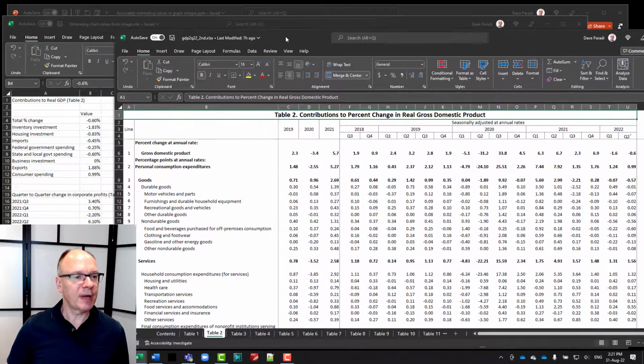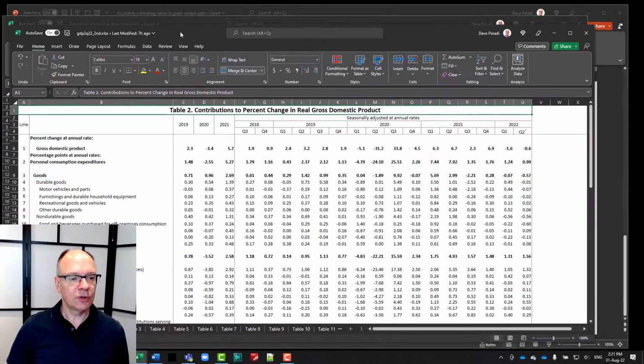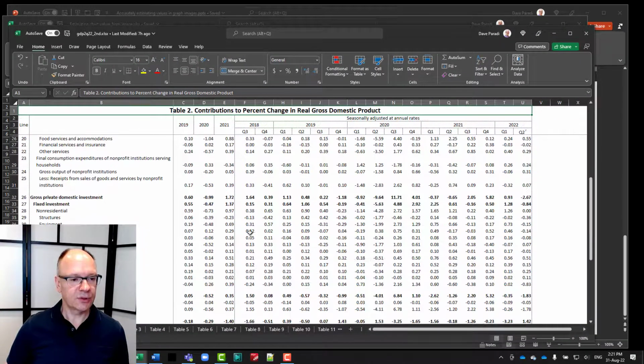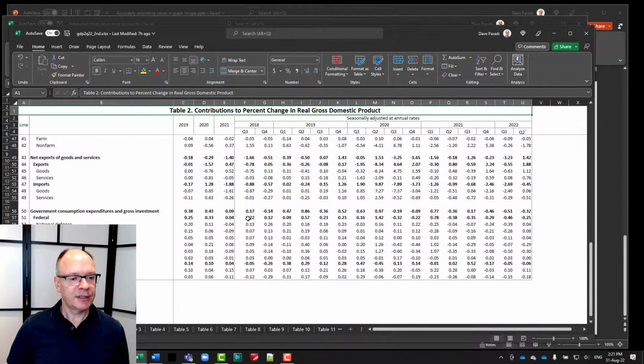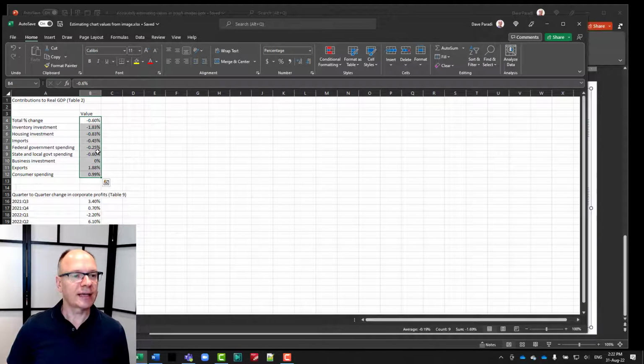And we're talking about state and local government spending. So we'll go down, state and local government spending, 0.06. I typed it in wrong. Good to know that. So this is supposed to be minus 0.06